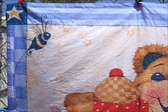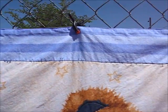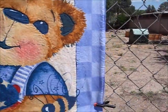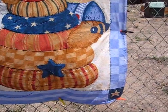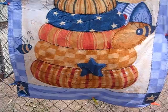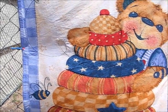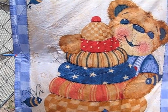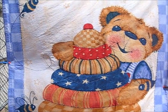This is a panel that I purchased. I'm just going to show you my small amount of quilting that I did. I purchased this panel at a sidewalk sale like 5 years ago maybe, when I was first getting into quilting, and I thought it'd be a good one to practice on, and then I just sat there. So Tuesday rolled around and I realized I had nothing finished for this weekend, so I dug it out, pressed it,